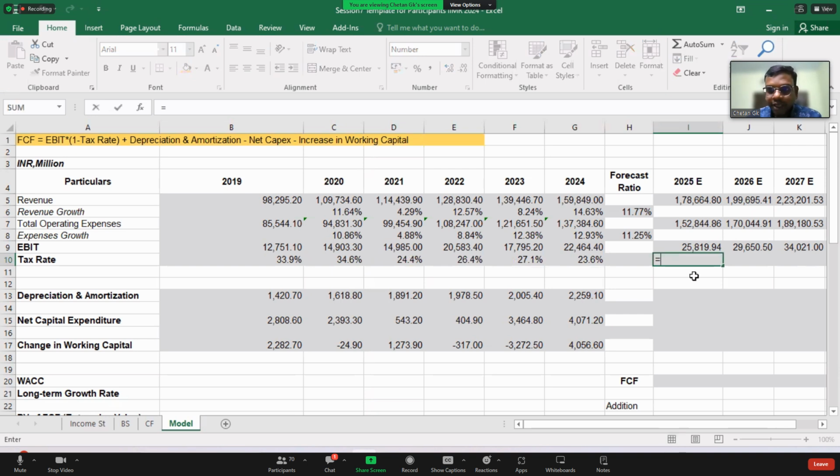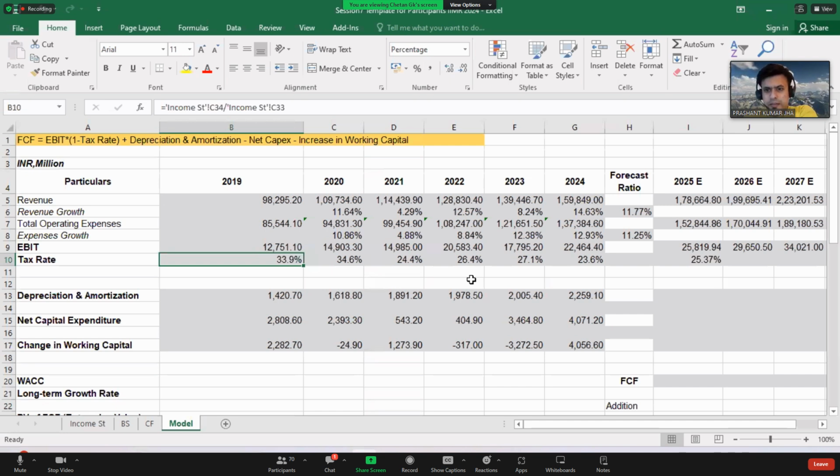Okay, so let us take the average of the last few years. Sorry, how did you calculate this? I9. Going back to I9 will be difficult, because I'll share this Excel sheet with you.